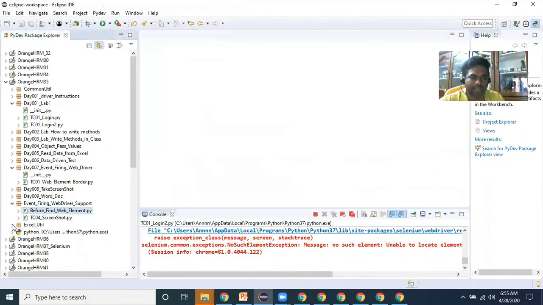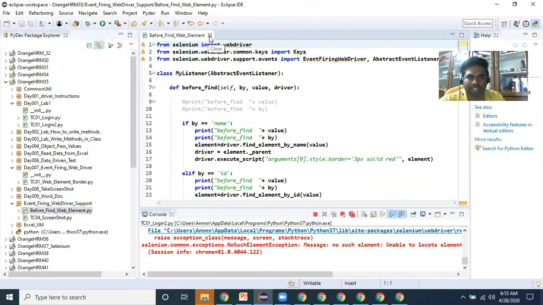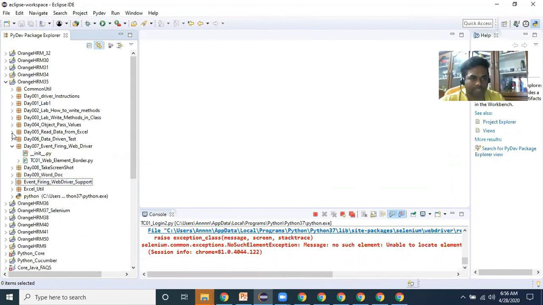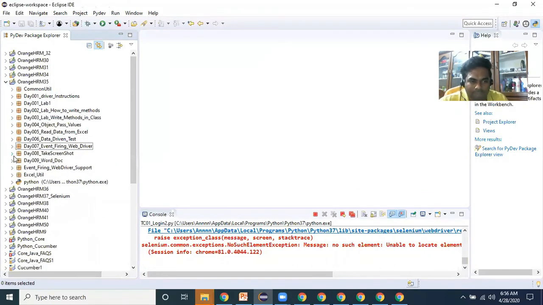This is the source code I have developed in my project, and these are the supporting classes we are using, but how this code has been implemented we will see after 10 or 12 classes, not immediately. You just need to understand how to use this event firing WebDriver. That's it about the event firing WebDriver.